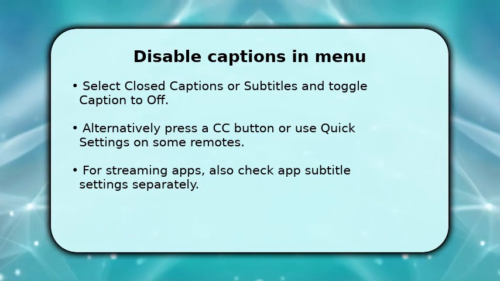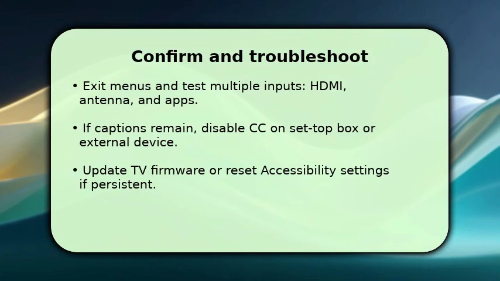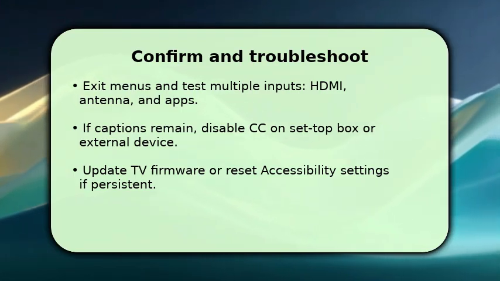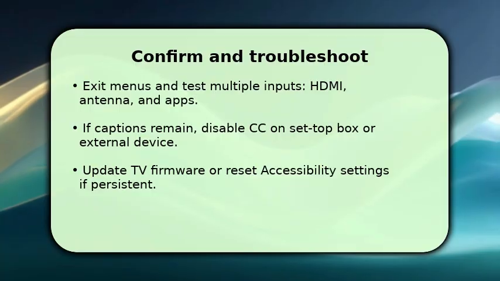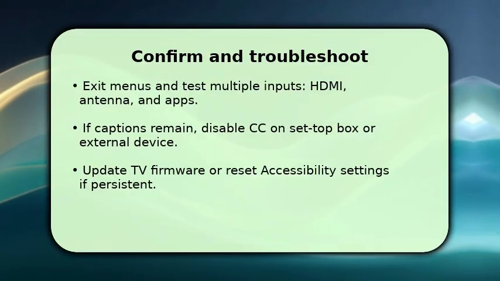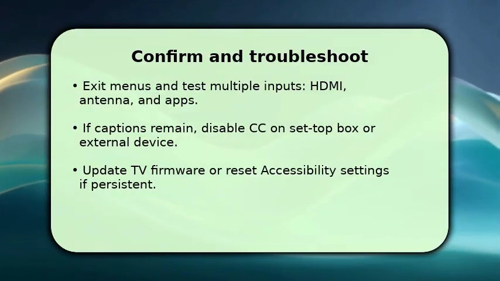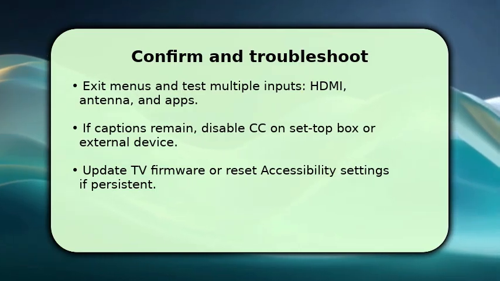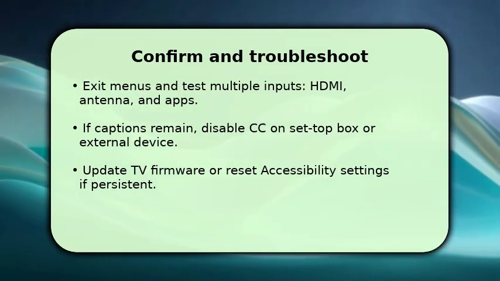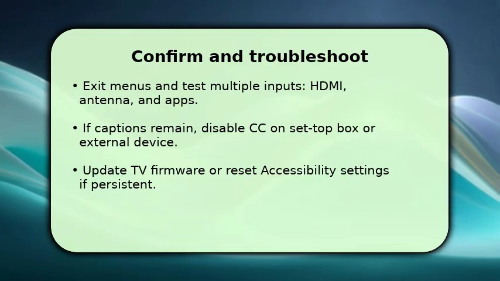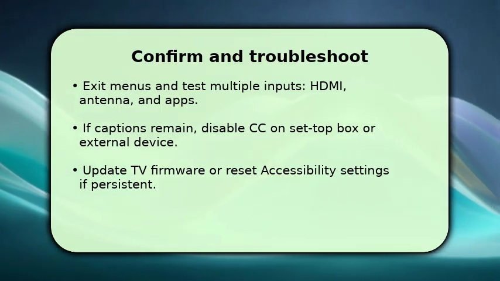If captions persist on HDMI or cable, disable closed captions on the connected set-top box or Blu-ray player, because external devices often supply captions. If problems continue, make sure your TV firmware is up to date and then reset accessibility to defaults. One key troubleshooting tip: reboot the TV and the